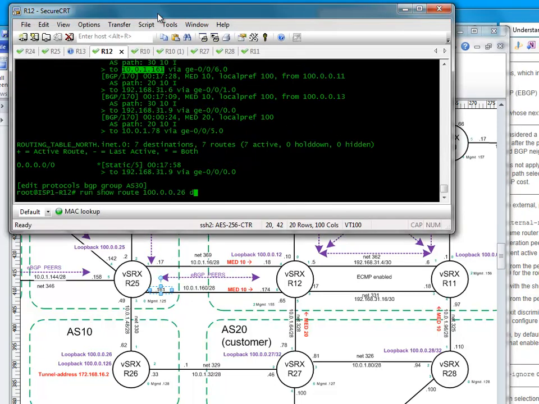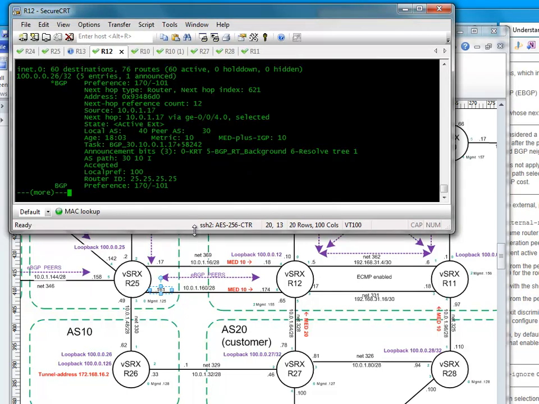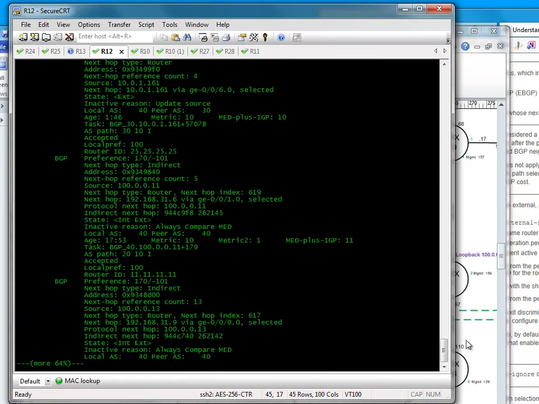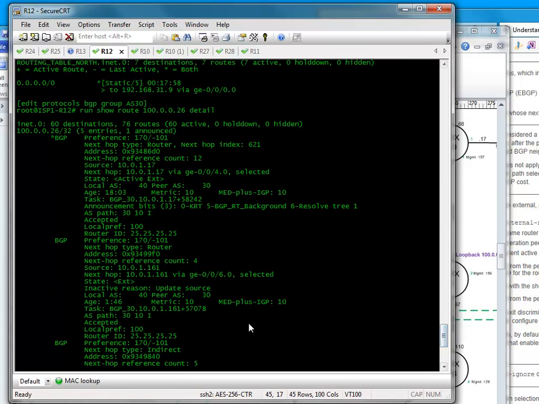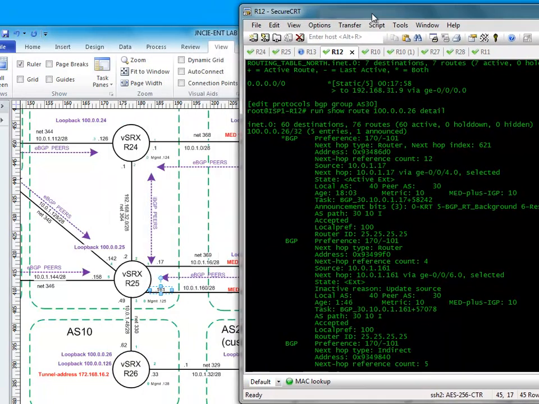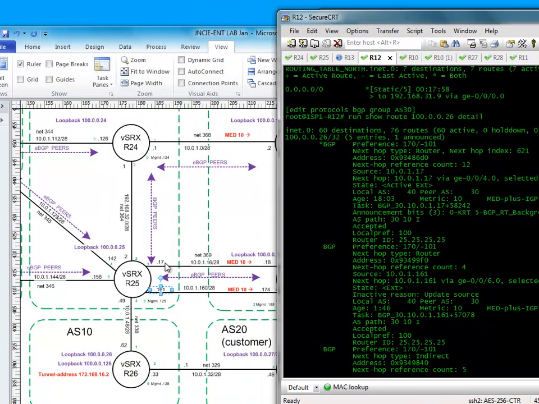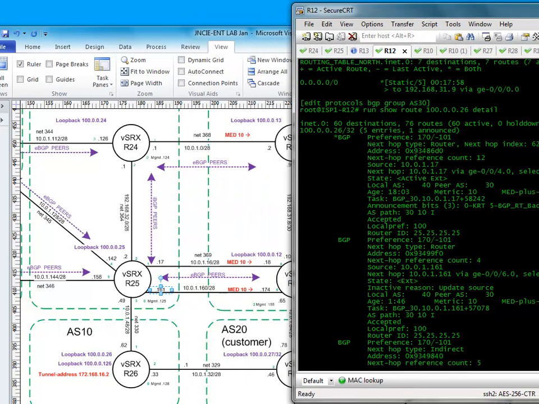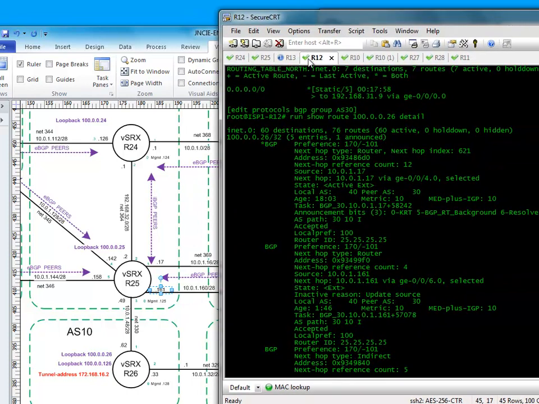So we do show route detail. Let's see, they're both the same, which has got the lowest inactive reason update source, or I presume that means the lowest IP address. So let's just prove my point here. It is currently using 17, which is a lower IP. Because that's the update source there, look, 17 versus 161. So one way we can test this is maybe to shut down the neighbour relationship of 17 on the other end. So if we just go to R25,